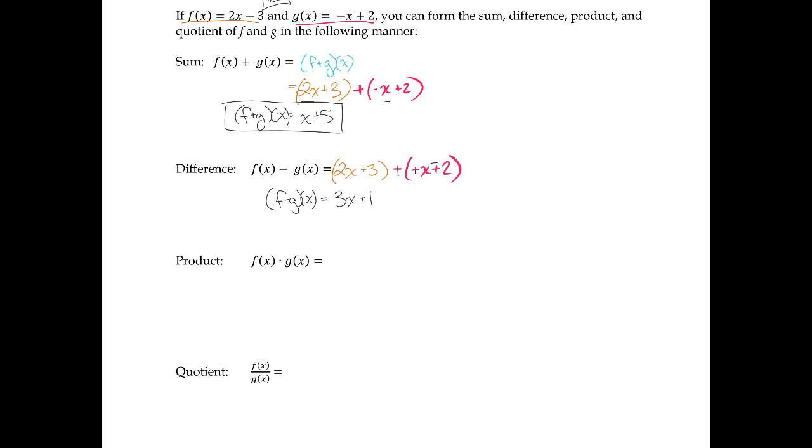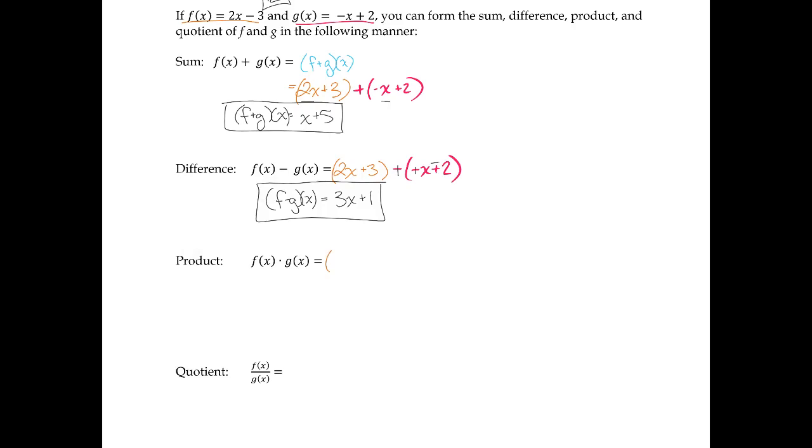So again, either notation is perfectly acceptable, whether we show it this way, as subtracting each individual function, or subtracting the function names. Both work, so just be aware of that notation difference and the fact that they mean the same thing. F times g of x,